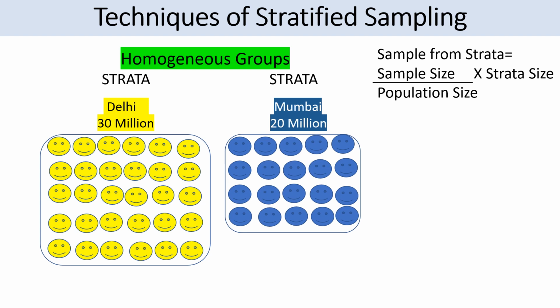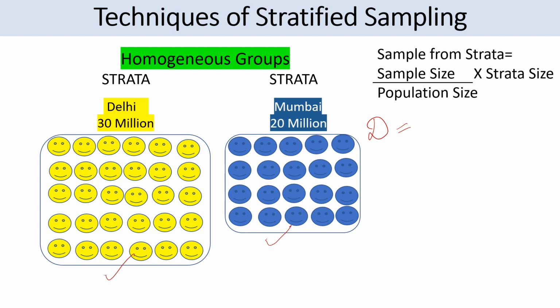I've converted my whole population into two subgroups, two strata or two homogeneous groups. One is Delhi, which is 30 million people around, and second one is Mumbai, which is 20 million people around. Now to draw the sample from the individual subgroups, I will use a formula: sample from strata is equal to sample size divided by population size multiplied by strata size. If I talk about Delhi,